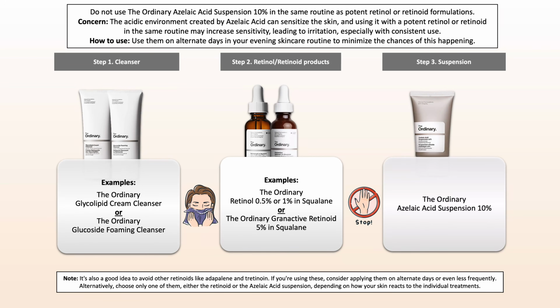So in my example, I've included the 0.5 and 1% retinols from The Ordinary, which would also apply to similar products from other brands, of course, which you should avoid. However, I've excluded the 0.2% retinol in squalane and the 2% granactive retinoids from The Ordinary, as these may work well, and the same would apply to other low-strength formulations. But ultimately, it depends on your personal skin tolerance. Still, be cautious and do not overdo it.